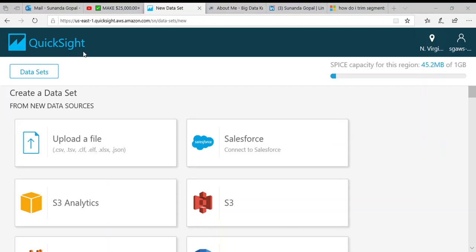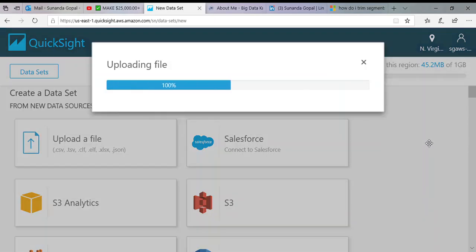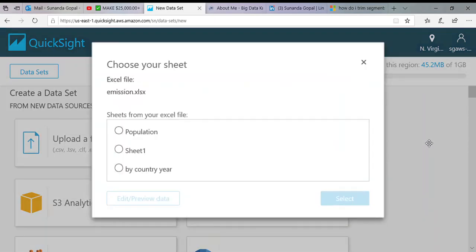This is the file I downloaded, emission, and open. And here there are 3 sheets, and this is the one which has the 25-year emission by different countries, and this is the population. Let's pick this, select,